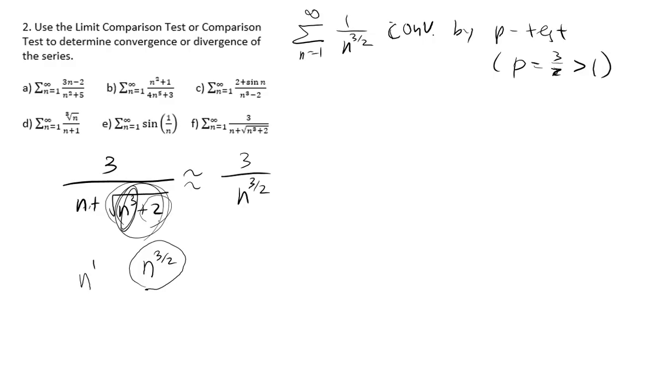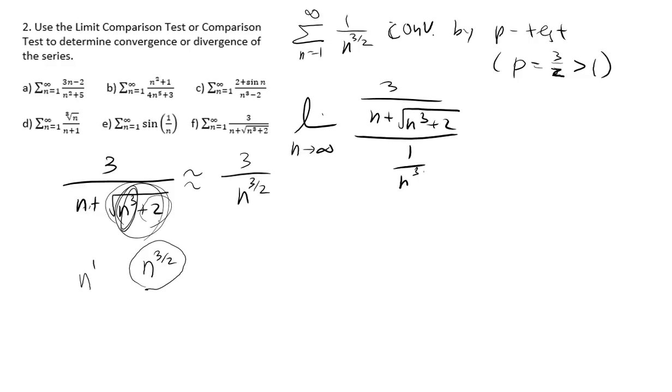Whenever p is bigger than 1, it converges. Okay, now the limit as n goes to infinity of 3 over n plus the square root of n cubed plus 2, over 1 over n to the 3 over 2, is the same as the limit as n goes to infinity of 3 times n to the 3 over 2